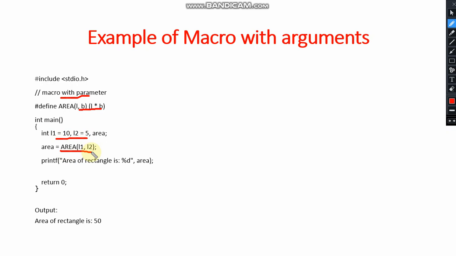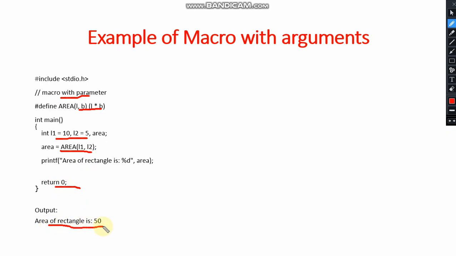This value 50 is assigned to the area variable written in lowercase inside the main function, which gets printed by executing the printf statement. The main function does not return any value, so we write return 0. And here is the output. Area of rectangle is 50.